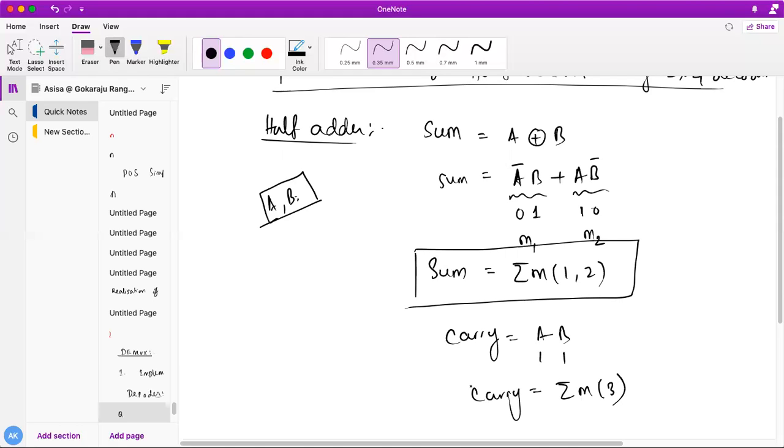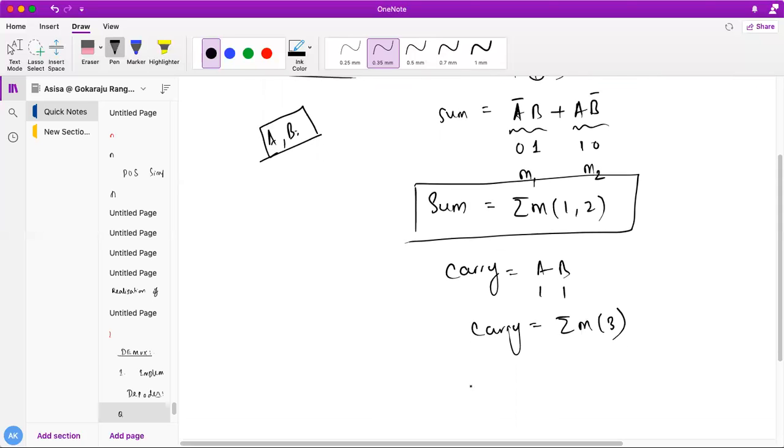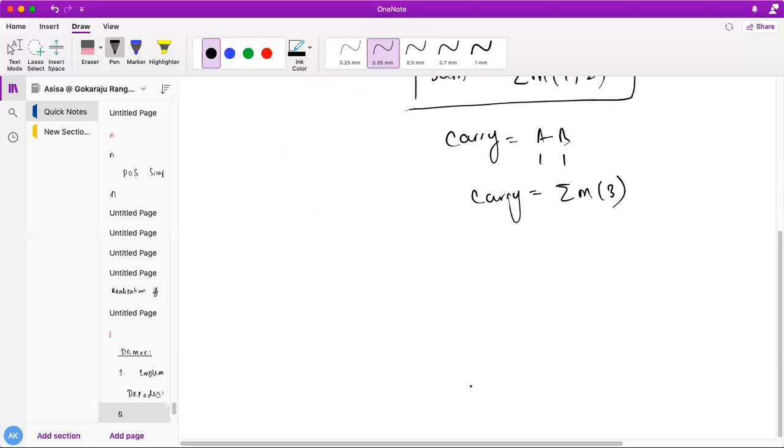Am I correct? Now tell me, how can I generate the minterms? Obviously by using a decoder. So how many minterms do we require here? Maximum M3. To design a half adder, I need maximum M3 decoder, not more than that. Am I correct? So now see here, if it is M3 decoder, what is the possible decoder combination I will take? 2 cross 4 decoder.